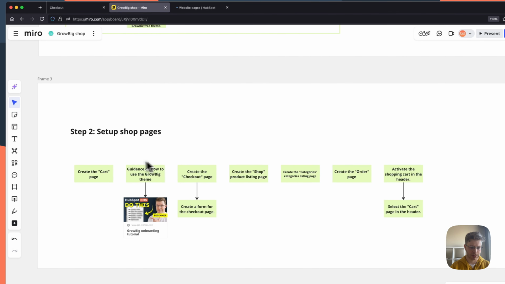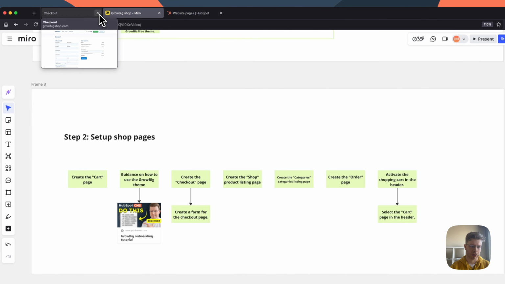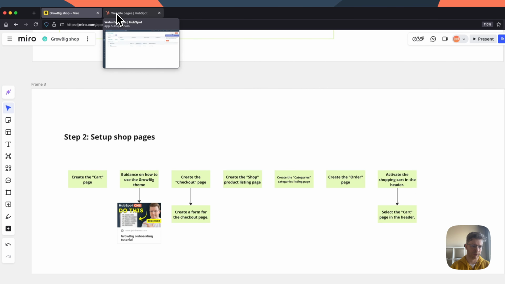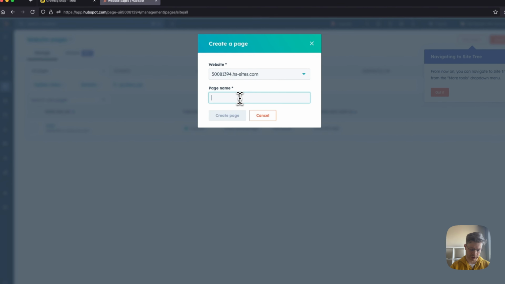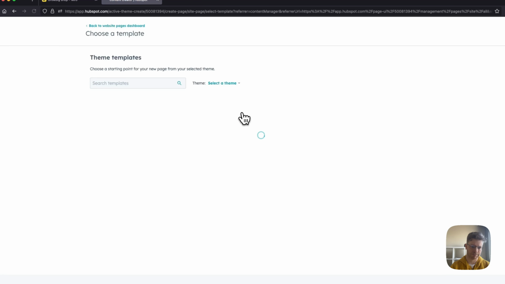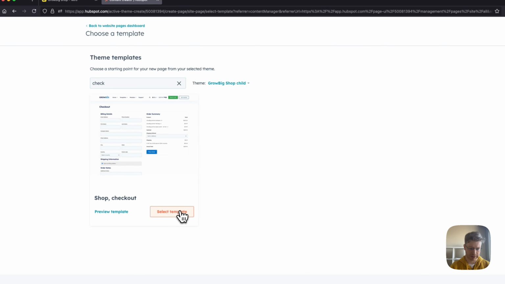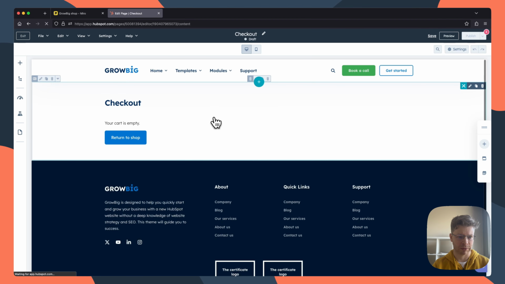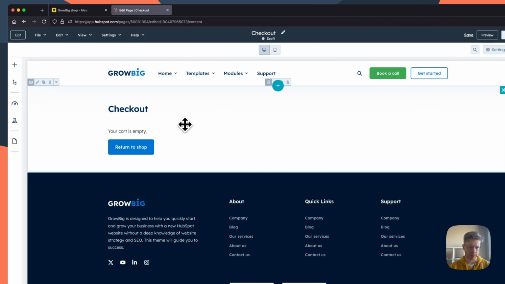So what is the next step? We have to create the checkout page. I will close this preview website for now. And now let's create the checkout page. We're doing it in a very similar way. Checkout. Let's find the checkout template. Select it. All right. Here we have to create also a form for this checkout page. We have to navigate to the module,